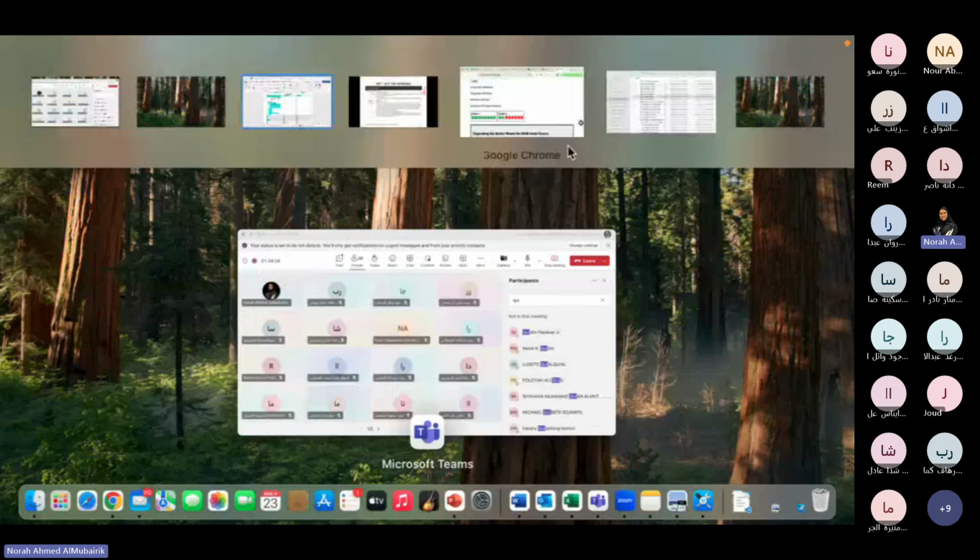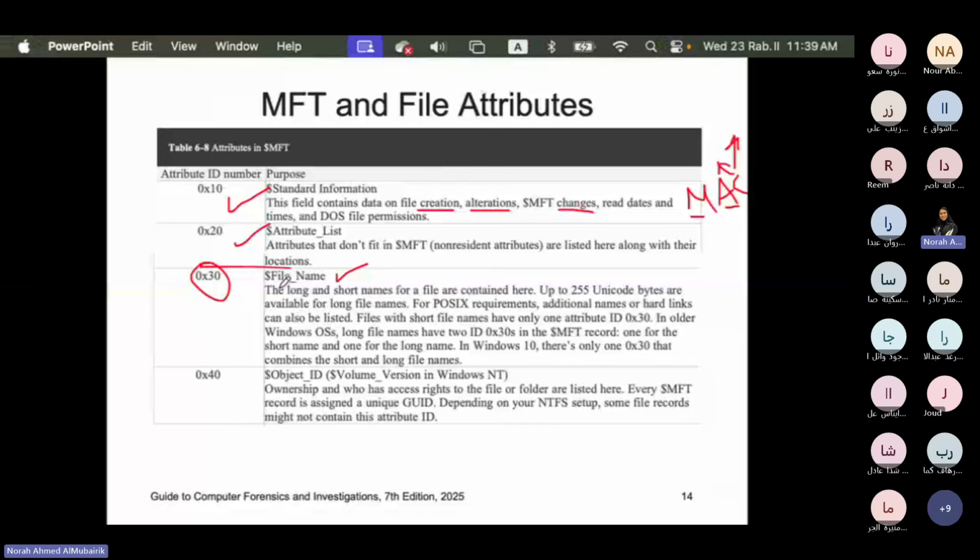So this means that in 0x30, I will store information about the file name: when this file name was created, which is usually the same as the creation of the file, when the file name has been changed, when the file name has been modified, etc. It says that usually there is something called long and short